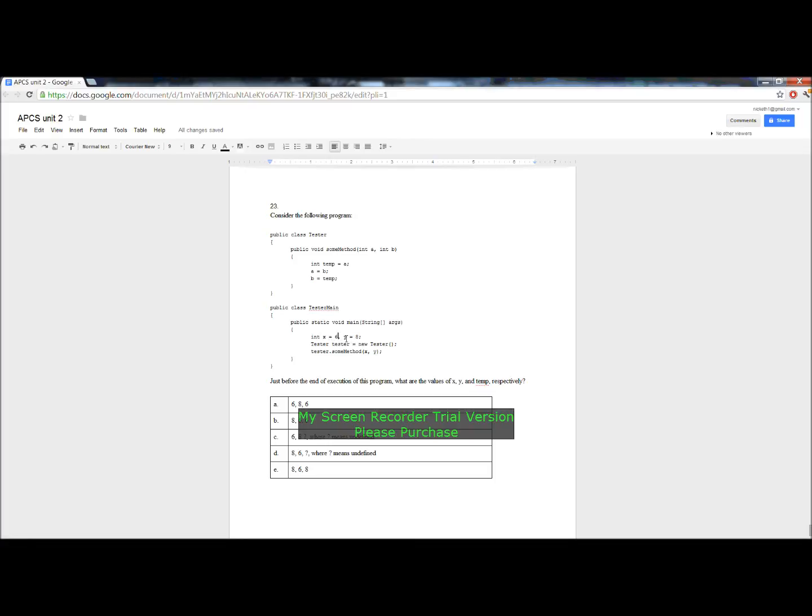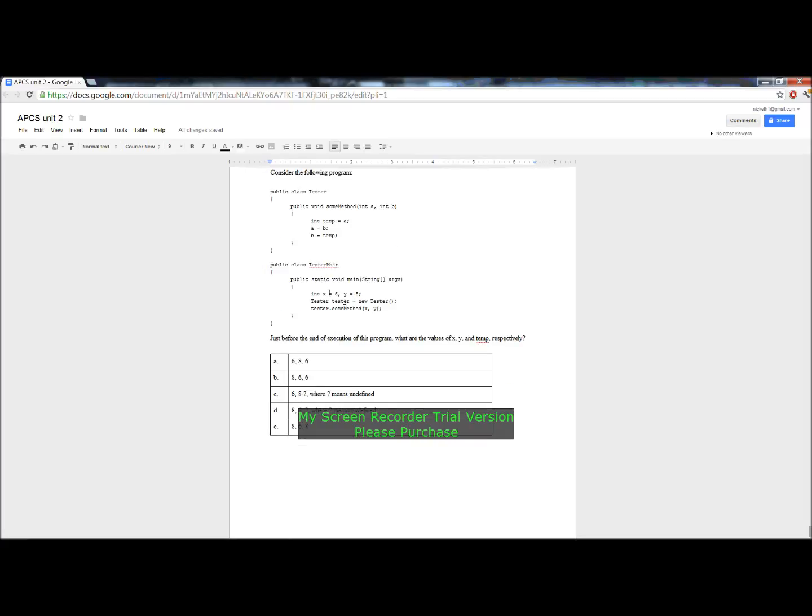So have our integers 6 and 8, and then we call someMethod on x and y. So this is trying to just swap them, but the thing is they're not references. So anything you do in here won't do anything in here. So it ends up